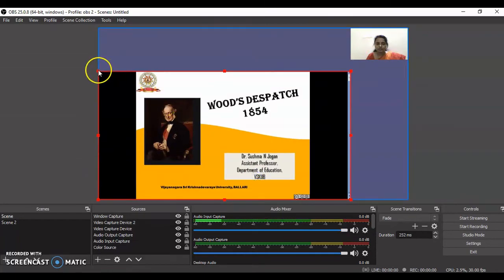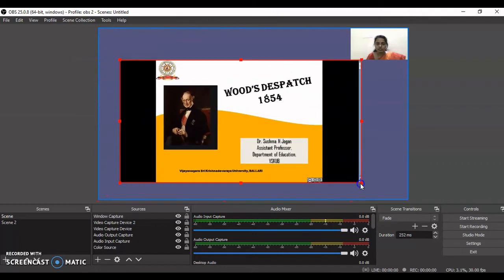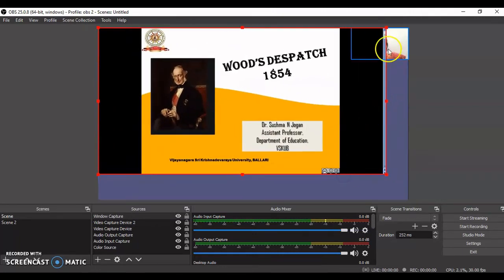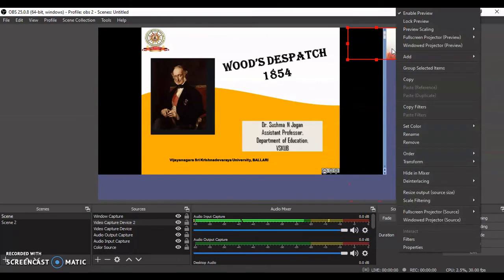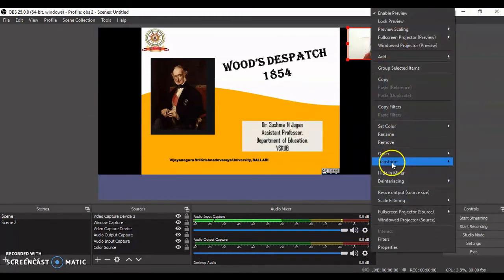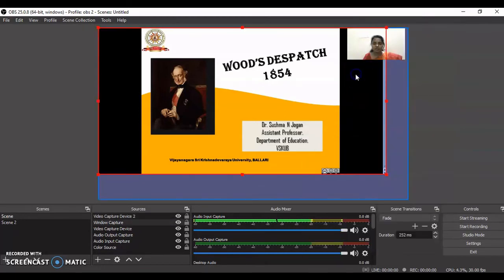So to bring it above the PPT, what you can do is go to the order and move up. Otherwise, if you want to do the same thing, you can go with move down or top or bottom, wherever you want.